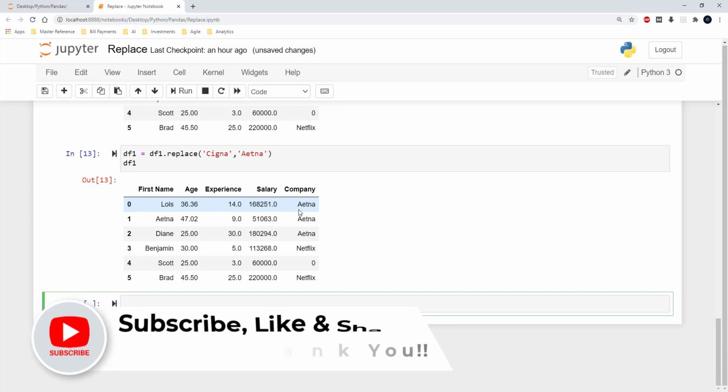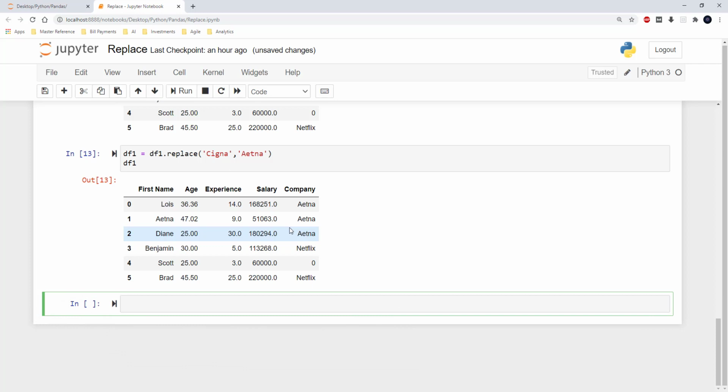And I can also do a few other things when it comes to the replace function. I can use regex, which are regular expressions. If you are not aware of regex, then you can go to Google, type regex, and then you will see how to use it. But I will just show you a very simple example of how regex can be used in the replace function.